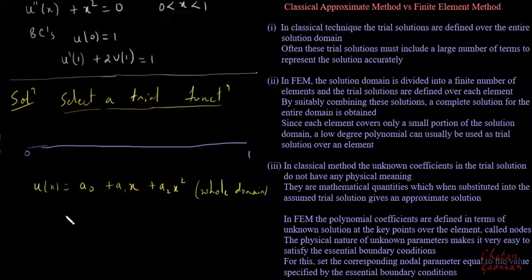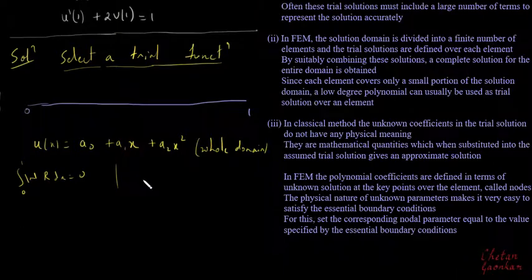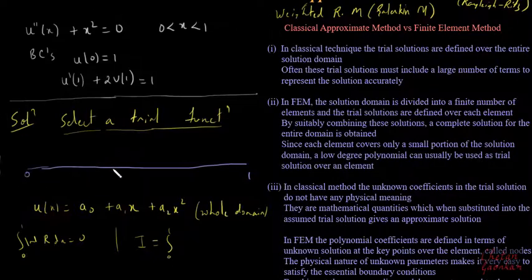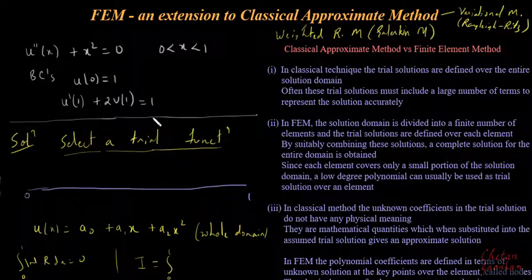If you remember, our weighted residual definition was that the weighting function multiplied by the residue over the entire domain was 0. Or in the variational method, our equivalent functional I would have been over the entire domain. So whatever trial function we chose was applicable to the entire domain. But here in the finite element method, what we will do is divide this entire domain from 0 to 1 into very small parts,